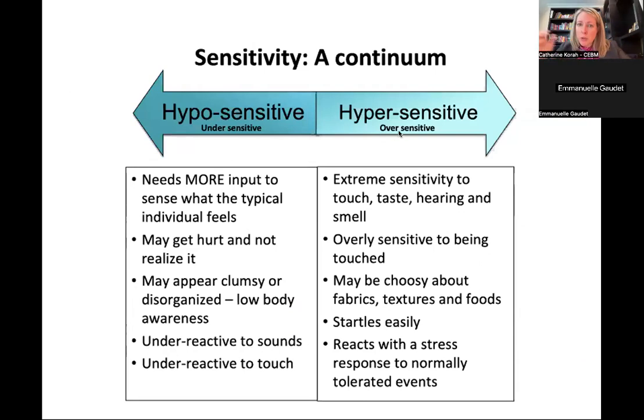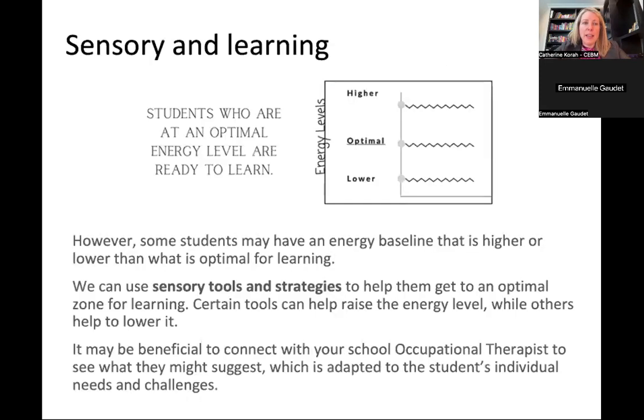At the other extreme, when you are hypersensitive, you're extremely sensitive to sensory input. Those are the kids that have a hard time, for example, with tags in their shirts, or the lining of the socks will be disturbing or distracting to them, or will even be hurtful, excuse me. We know for a fact now that hypersensitive children actually feel pain much more intensely than the neurotypical person. So there really is a continuum there from hypo to hyper. I invite you to take a look at all of the examples that I'm putting in this slide.